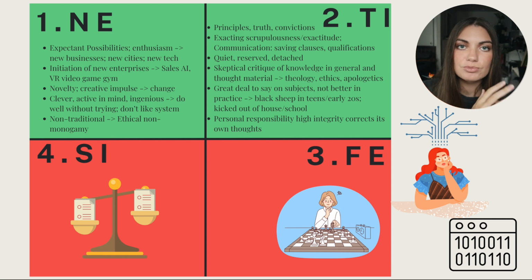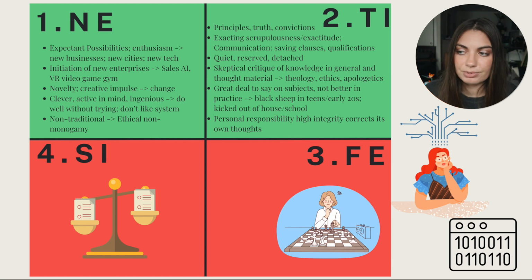It's not oriented at teams or groups, but it's just theology in general, ethics in general, apologetics in general. But not attacking people. One of the quotes from, it was either Vanderhoop or Carl Jung, is that introverted thinking can have a great deal to say on subjects, but not being better in practice. So one thing that I'll notice is, I don't notice this when they're in their 40s and up, let's say. This is something that I notice a lot more of people in their 20s,